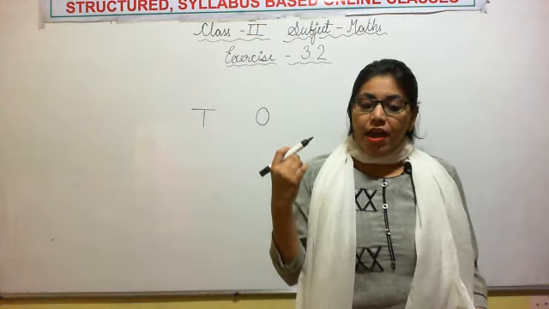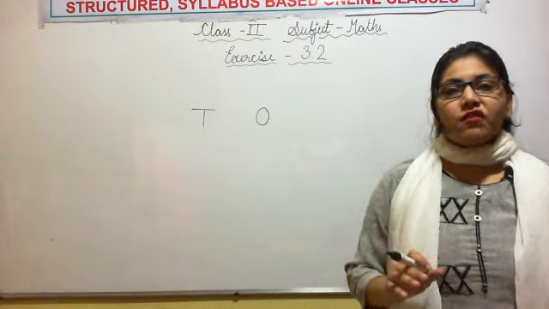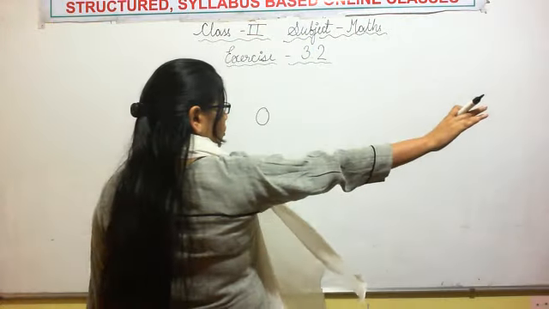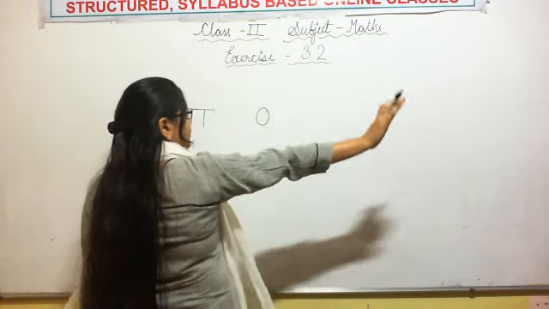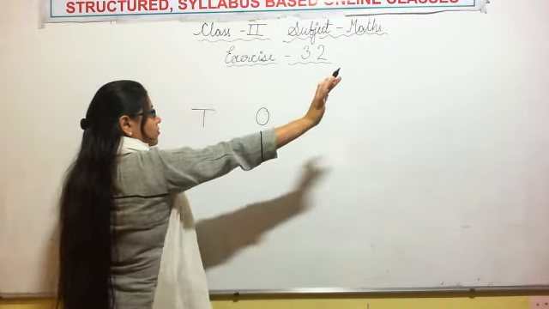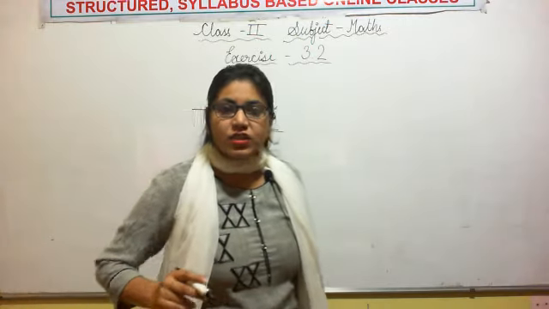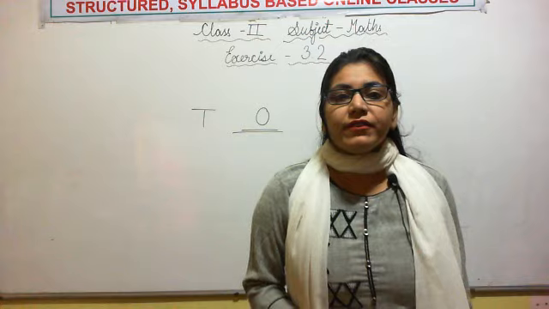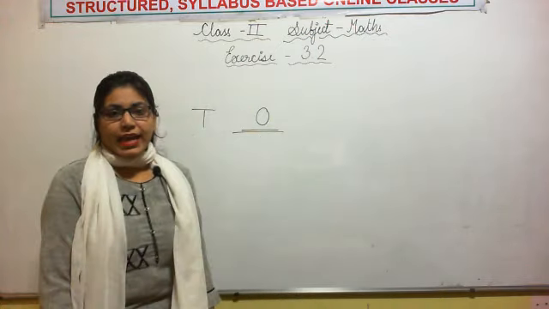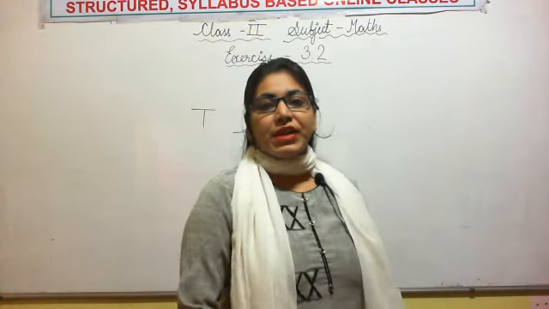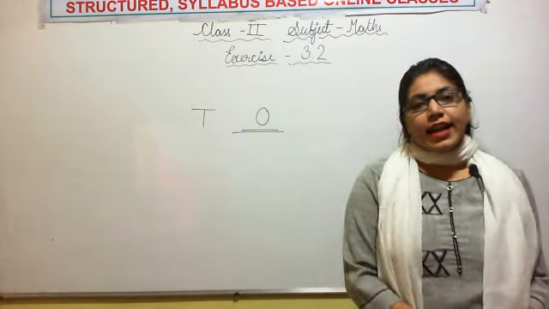In every operation, whether it is addition or subtraction, we always start from the rightmost. This is your right. So we always start from the rightmost position. Our rightmost position here is 1, so we will always start operations with the ones place. First of all we will subtract ones from ones, then we will subtract tens from tens.